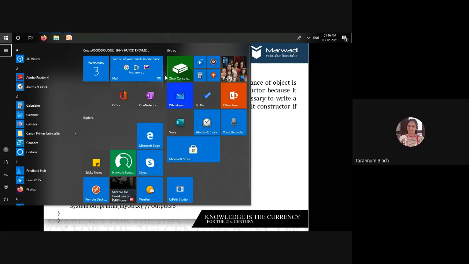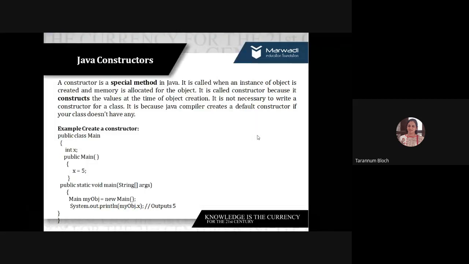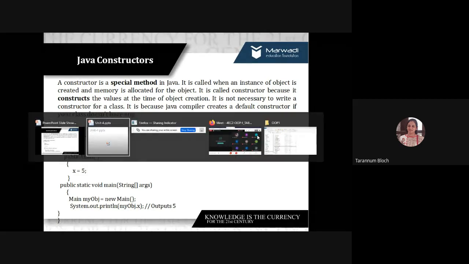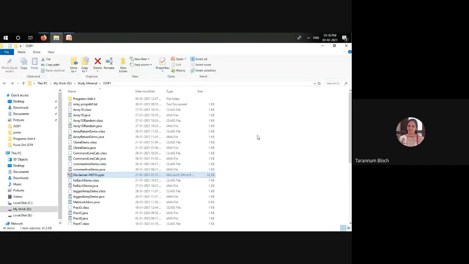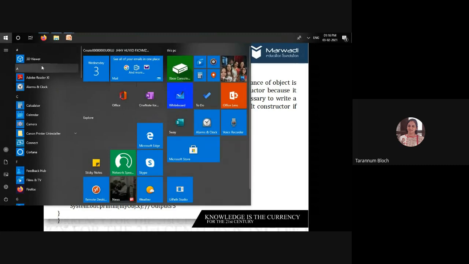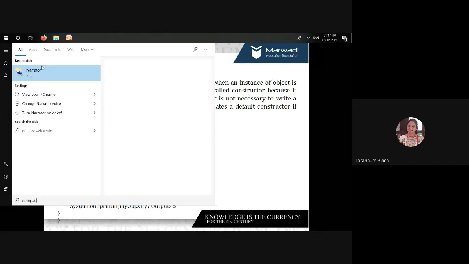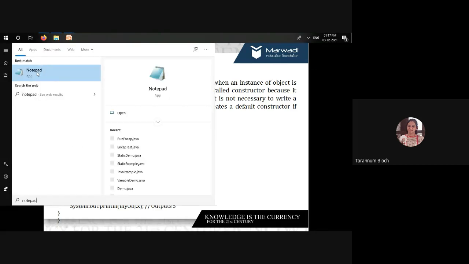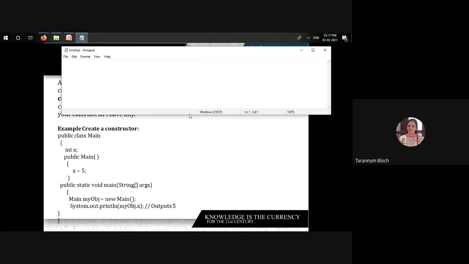As I said, a constructor is a special method in Java. And when we are creating an object, we know how we create the object. Everybody knows how to create an object now. Can you tell me how to create an object of a class? We are talking about constructors.